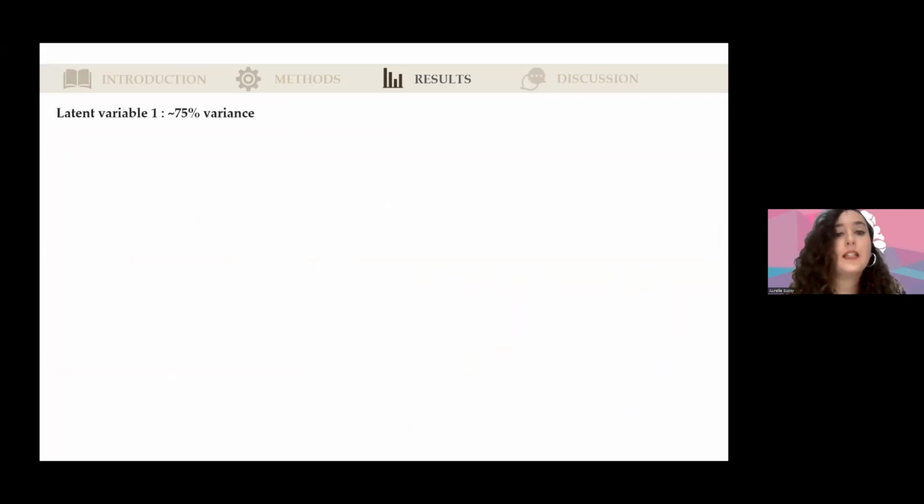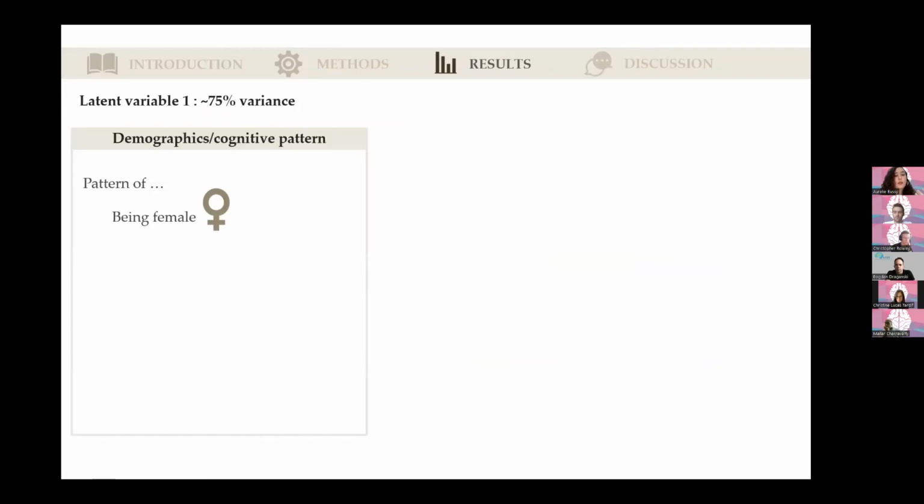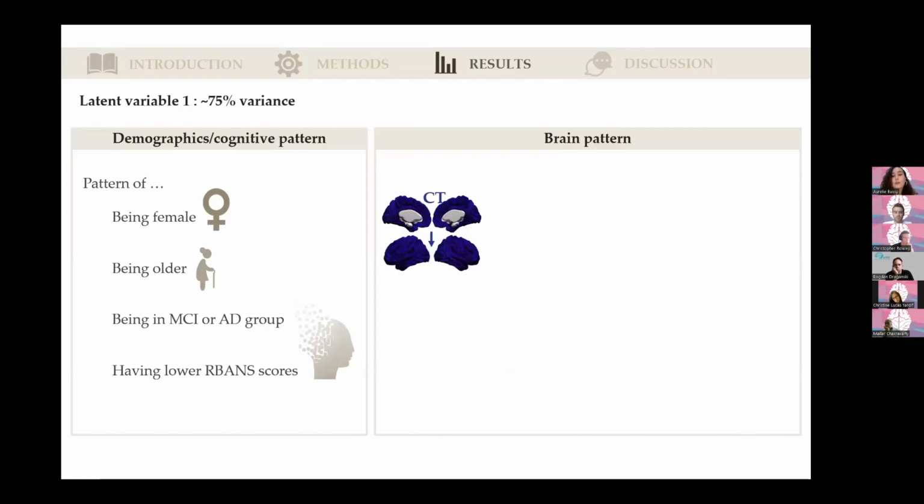Now we wanted to relate these components to our demographics of interest. For that, we used a partial least squares analysis, or PLS, which can take 2 input matrices and find latent variables that explain the most variance it can. The first latent variable we obtained explains about 75% of the variance. The pattern we found was being female, being older, being in the MCI or Alzheimer's disease group, and having a lower airband score, so worse cognition,